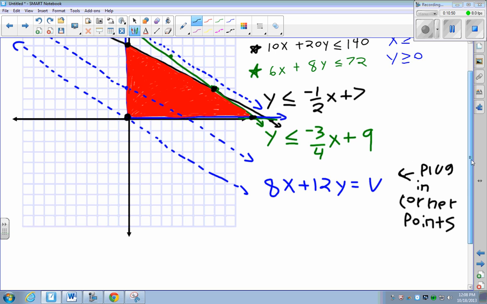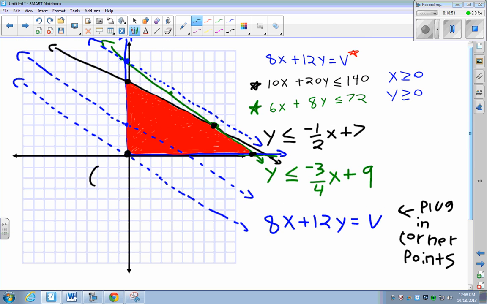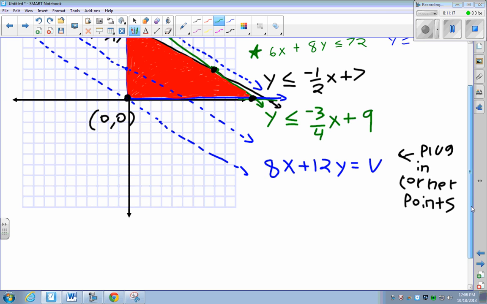All right, so what are our corner points? So we have 0, 0, 0, 7. But now we have to figure out what these 2 points are. So how can we find the point on our x-axis? So the green line ends up crossing there. And so whenever we're trying to find a value of something that crosses through our x-axis, our y value is going to be 0. And so here, when we're trying to solve for our x-intercept, we'll have 0 is equal to